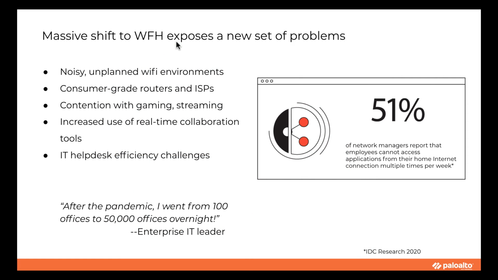Also, due to the present situation with the pandemic, explosion of remote workers have ensured that the IT teams now have to expand from a few remote offices and workers to thousands of remote offices and workers. As these offices and users moved out of the traditional branch, again, IT team lost visibility into performance.